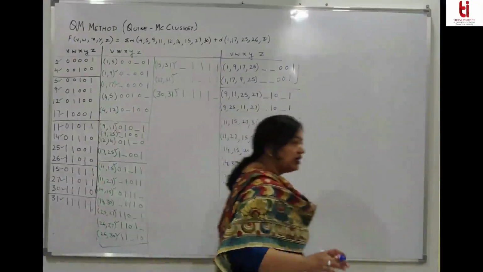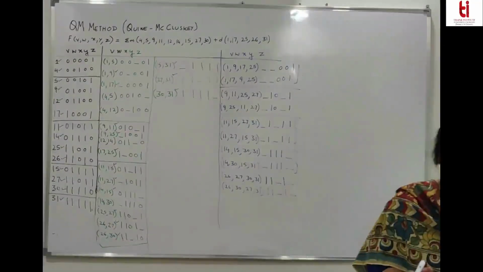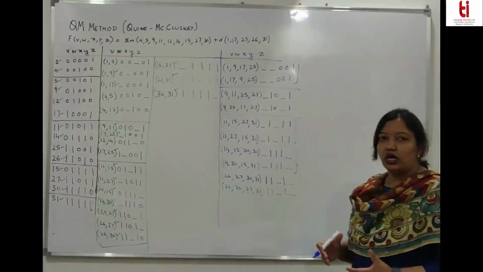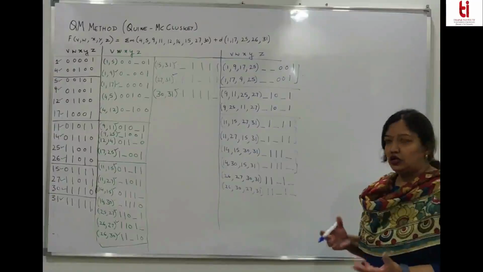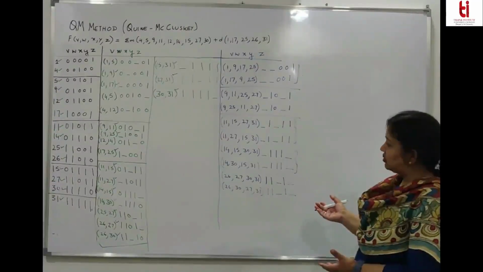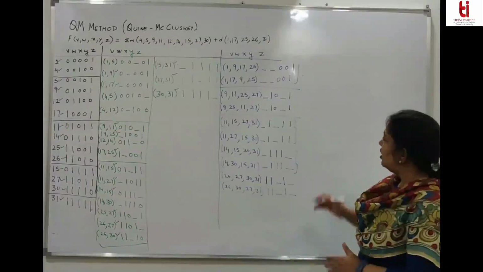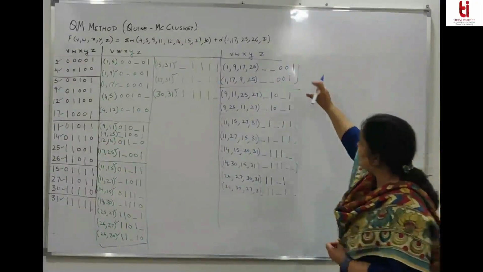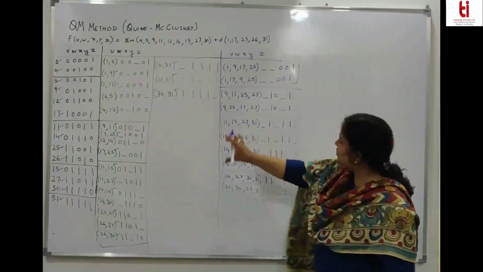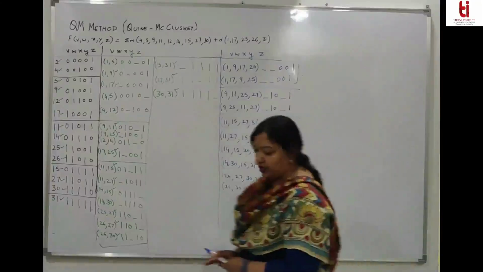So there are no isolated terms. That means all the terms are making pairs. Now we have to look for pairs, whether they are making quad, they are being used in quads. So whatever terms pairs are there, they are being used in quads. Any more terms? No. This is one group, second group and third group. Right? All the terms have been marked, then you can rub these off.